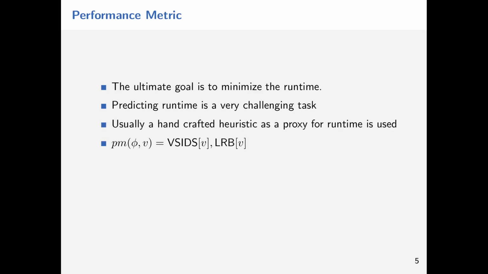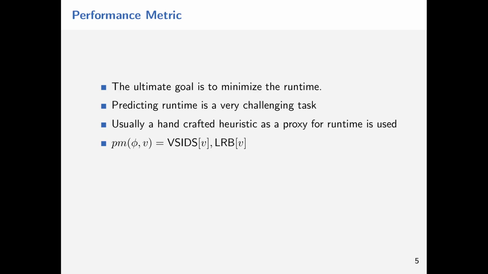What researchers usually do is generate some handcrafted heuristics and compute metrics that are a proxy for runtime. So they minimize the proxy metric instead of the runtime, in the hope that it strongly correlates with